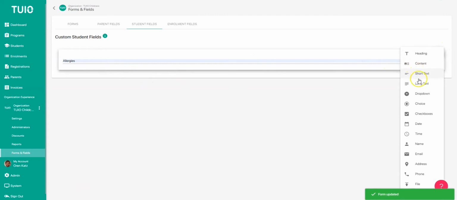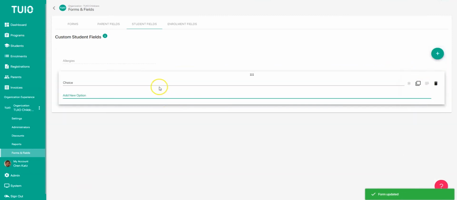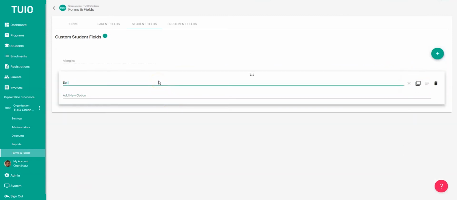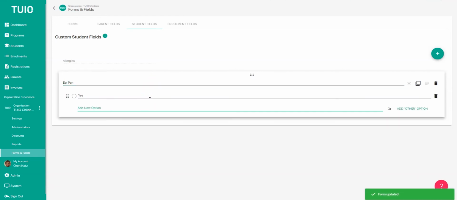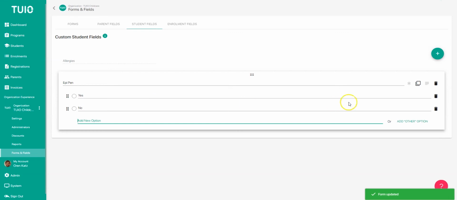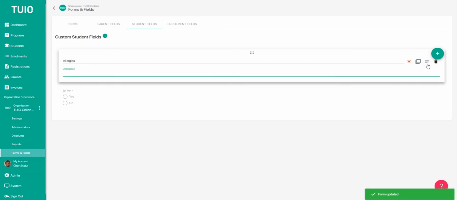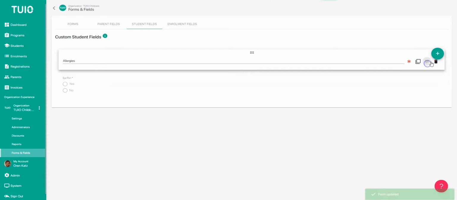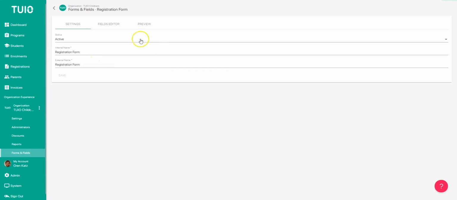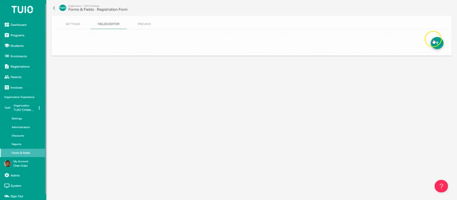And we can add a multiple choice question for if the student needs an EpiPen. And we can just put yes and no as the options. We can also choose whether or not the response is going to be required. And we can add a description to the form field if need be. Now we can go ahead and set up the form,